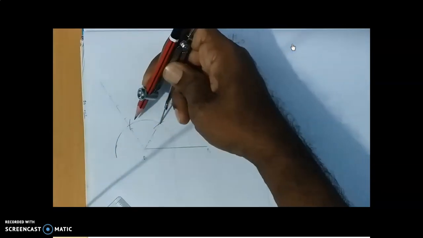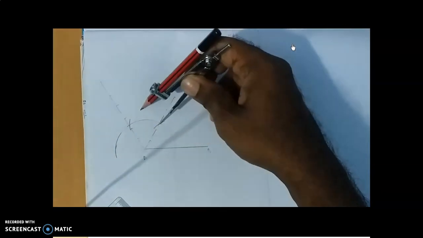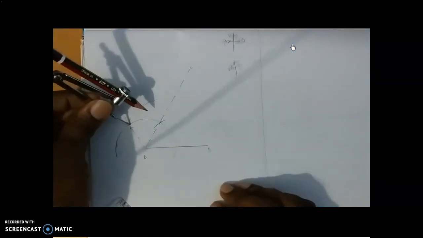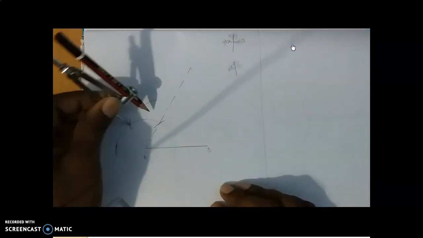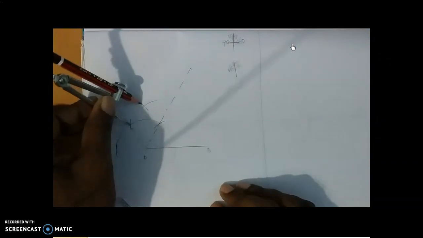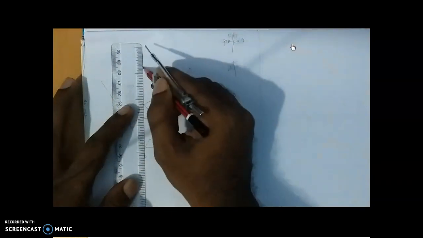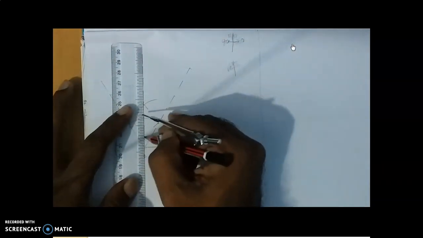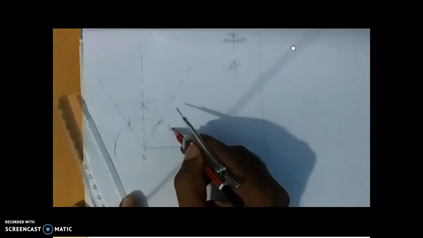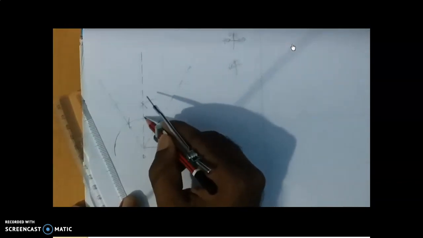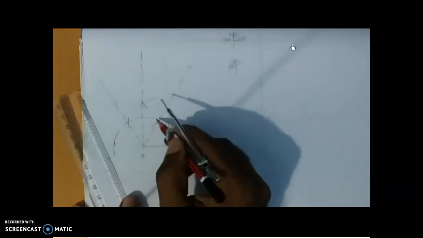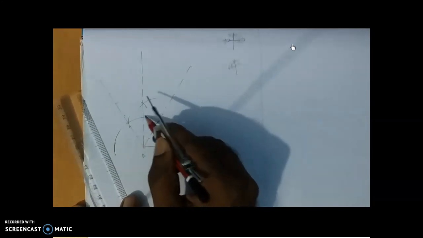So take more than half of this arc, and draw one arc here, and then with the same measurement without changing anything, make this as a center. Draw one more arc here. Now draw a line through this one. So this is nothing but 90 degree exactly. Now this one 60 degree, this one 90 degree, so from here to here